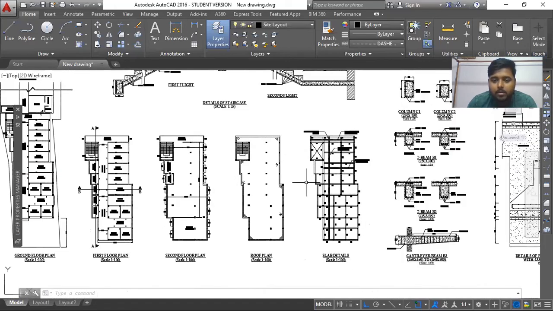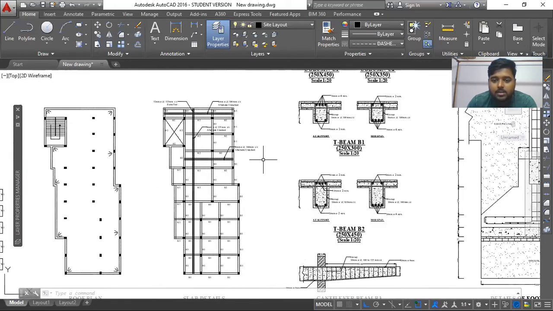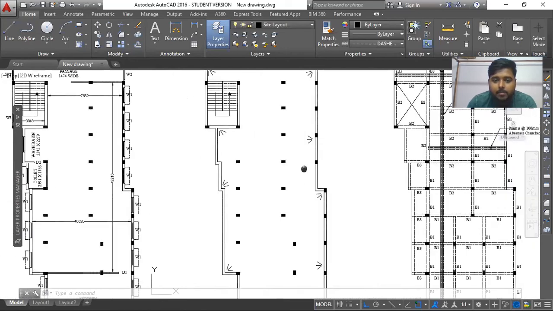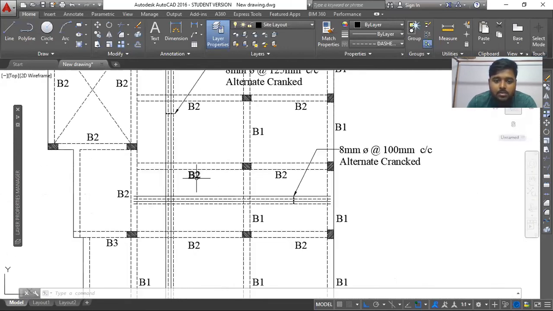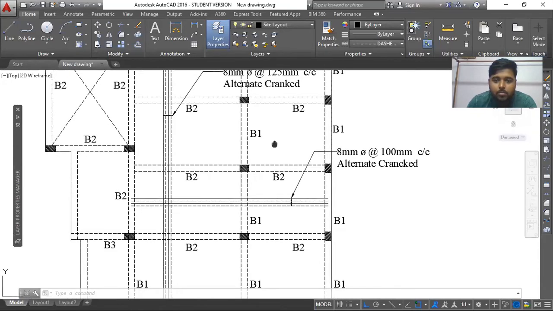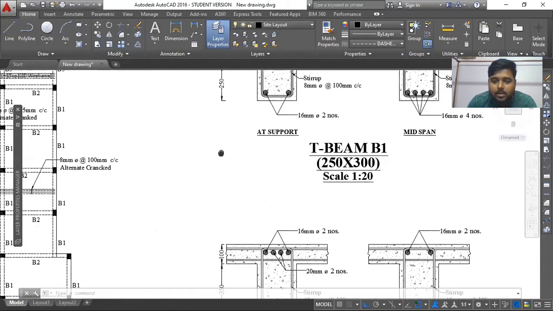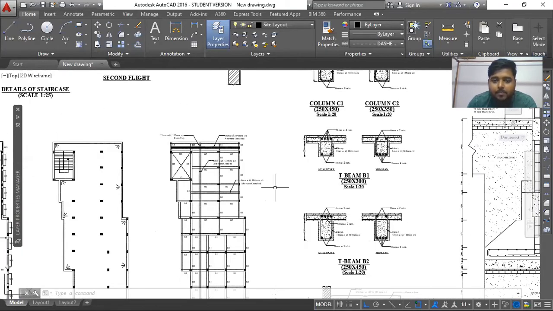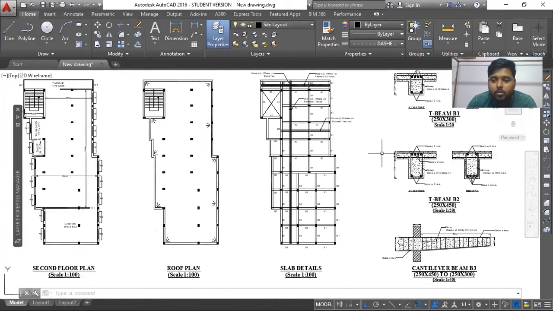That's very important. If you are doing the structural details, like I have done here, I have shown this is the beam B1, B2, and I have shown their details like this. But in case of door and window, you don't have to show the details like this, but you have to make a schedule, that means a table where you'll mention the heights, for doors, how many different types of doors you are using.